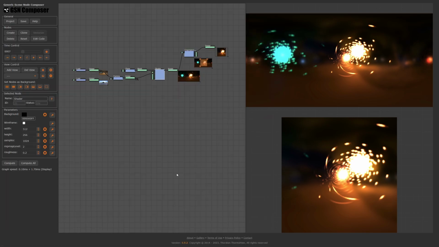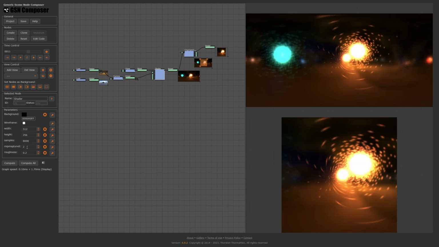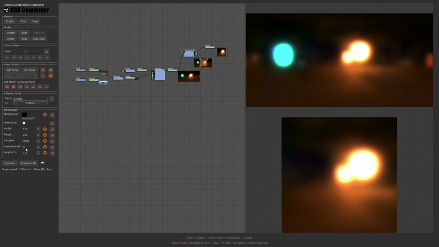So there is no free lunch here. If we want to get rid of these aliasing artifacts, we have to increase the sampling number and apply a low pass filter to the input by selecting a higher bitmap level. The other option would be not to perform importance sampling for the BRDF of the material, as it is currently done, but perform importance sampling for the incoming radiance. But that is another topic.